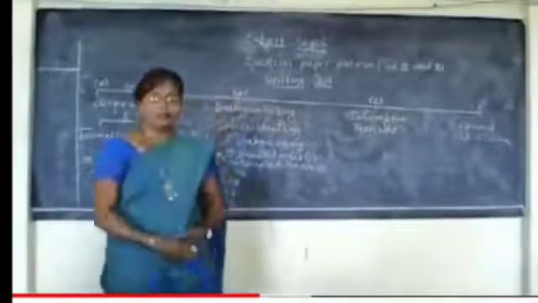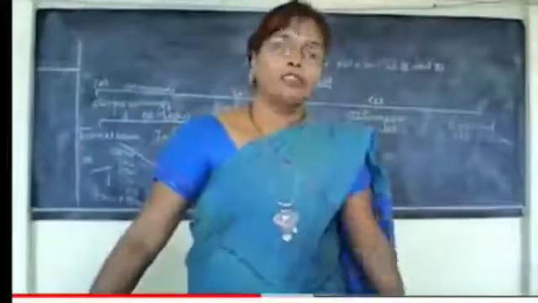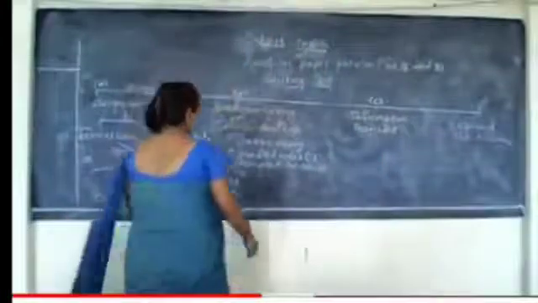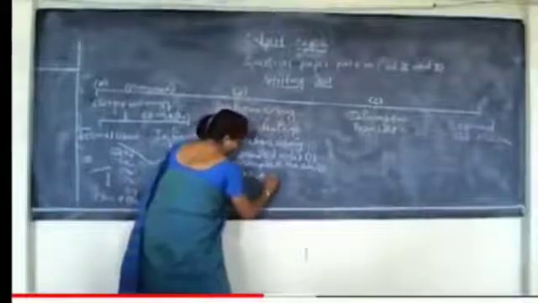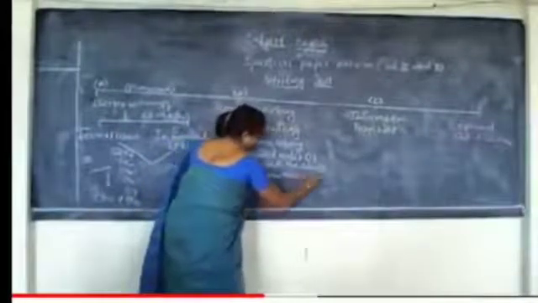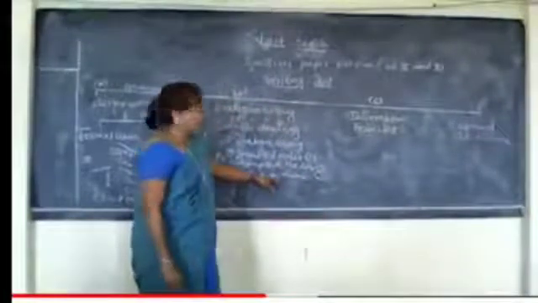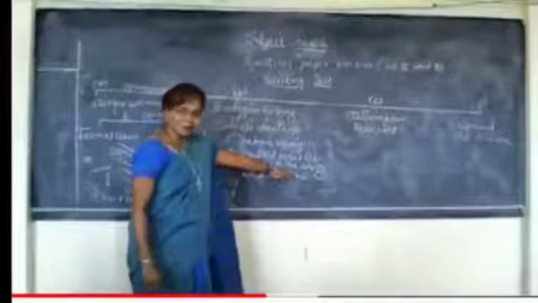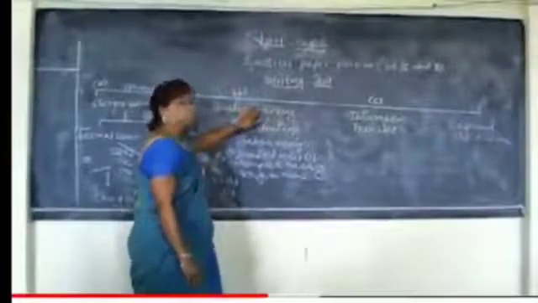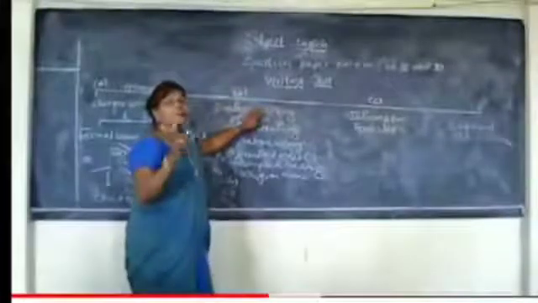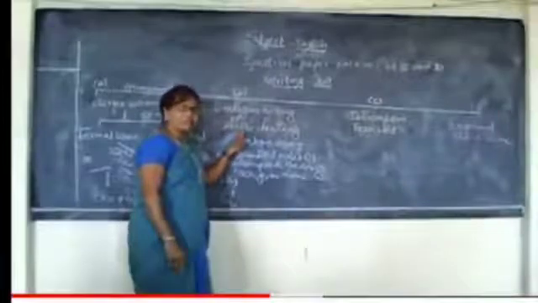And the third one is given here: write a dialogue on a given theme. So on a given theme, you have to complete the dialogue. And it carries 3 marks. It needs more of your imagination, so it carries more marks. That is 3 marks. Now, for this dialogue writing, you have an option of speech drafting. It is also carrying 5 marks.